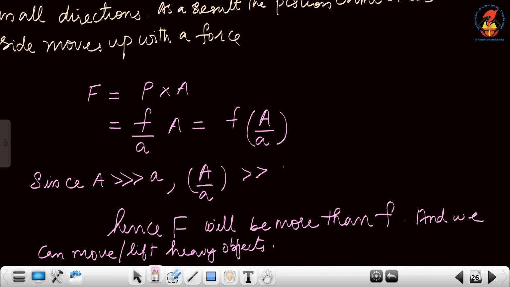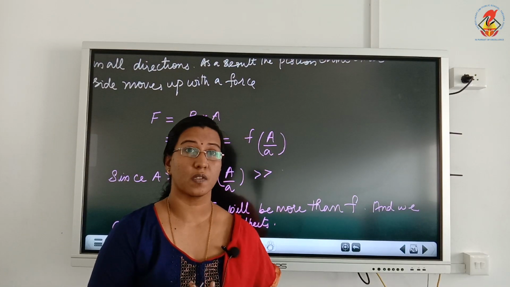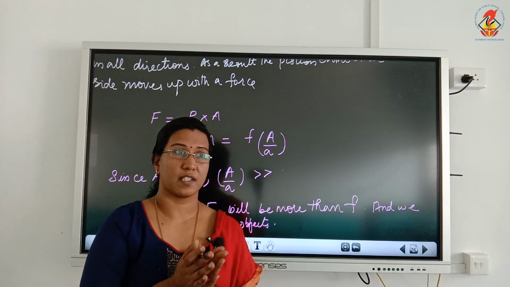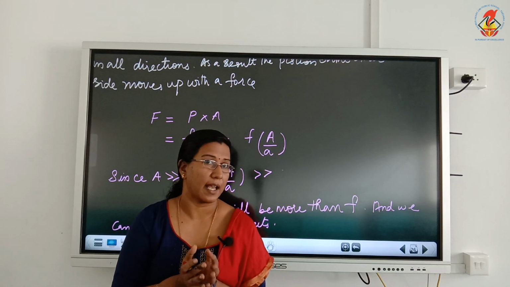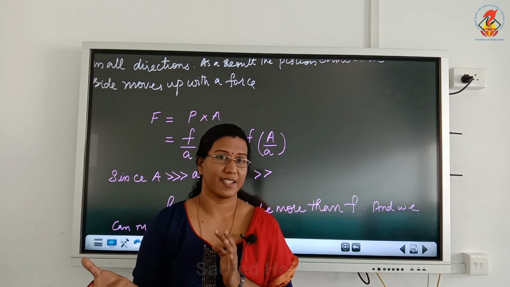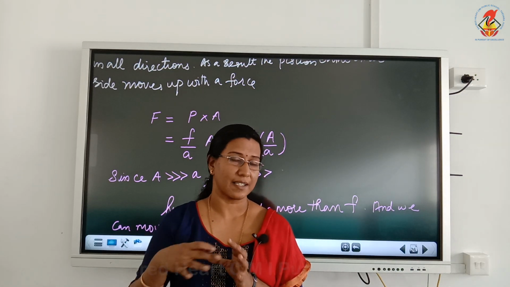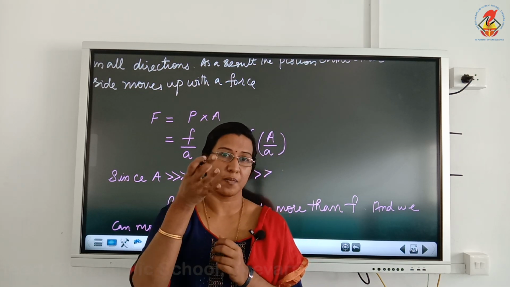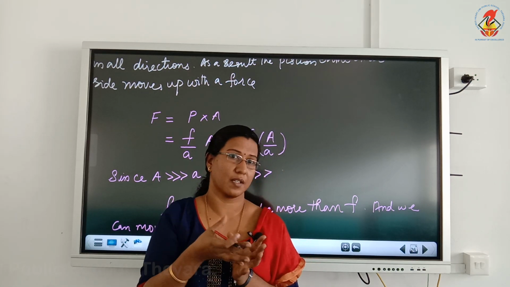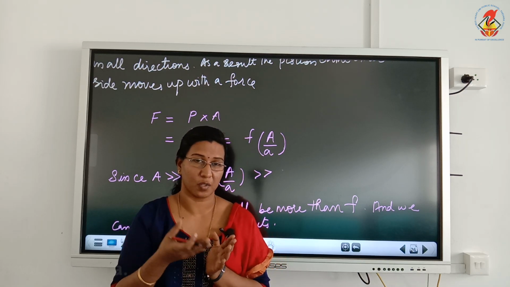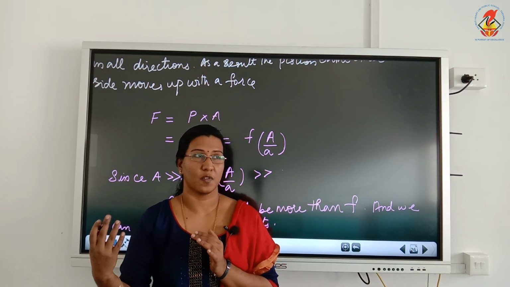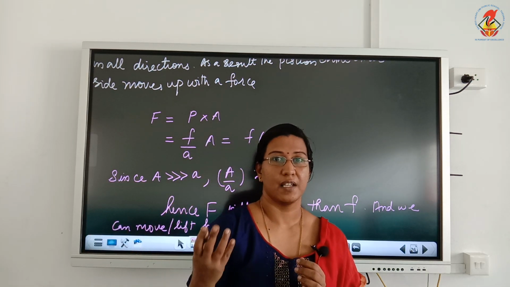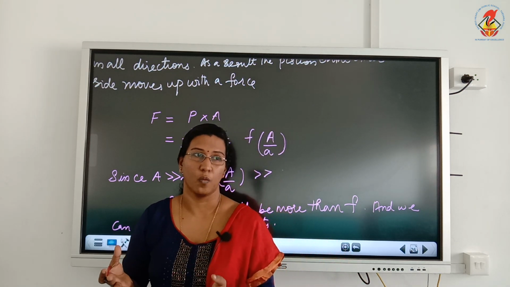using this. Hydraulic lift means a device used to lift heavy objects, and it is based on the principle of Pascal's law. It mainly consists of a small cylinder having area small letter a and a large cylinder having area capital letter A, which are connected with the help of a tube, and this arrangement is filled with fluid. We apply a small amount of force to the smaller piston, and this pressure is transmitted throughout the fluid, and the second piston moves with a larger force, and with that force the object can be lifted. This is how a hydraulic lift works.